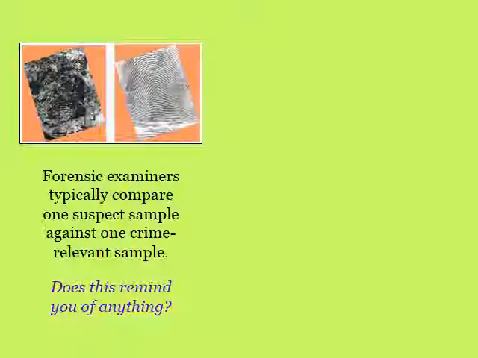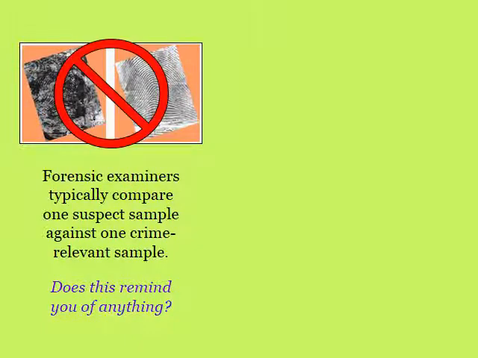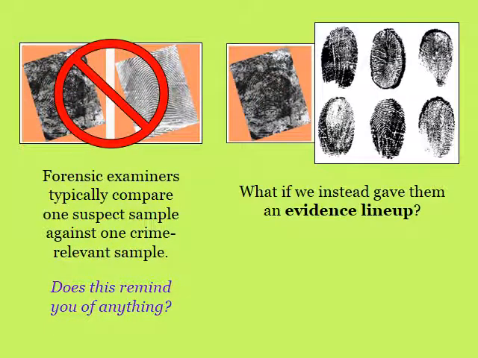A fingerprint expert might look at a suspect's fingerprint and say, well, why would they show me this guy's fingerprint unless they think this is the guy? So maybe this is a bad idea. Maybe we shouldn't ask forensic examiners to do this. Maybe instead, we could keep borrowing from the eyewitness identification research, and we could actually show them a lineup, an